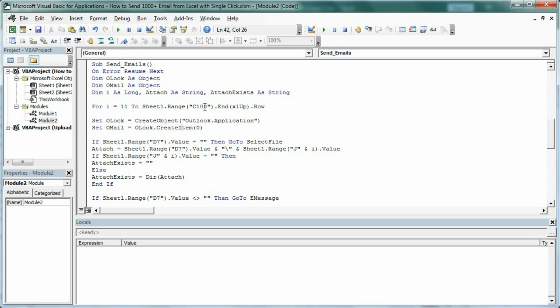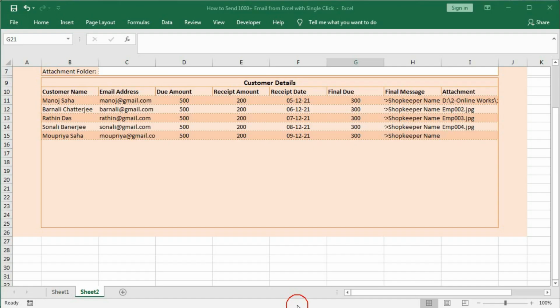So here we have only less than 15 mail, so here 100 is enough. So here we will take B100 and it is sheet 2 and it is from 11. Let's check here, it is from 11. Yes, first email is on 11th.